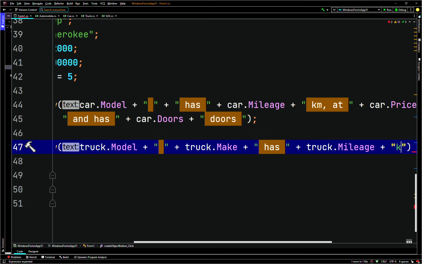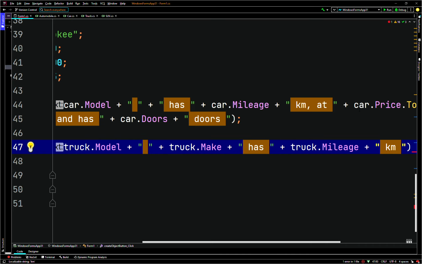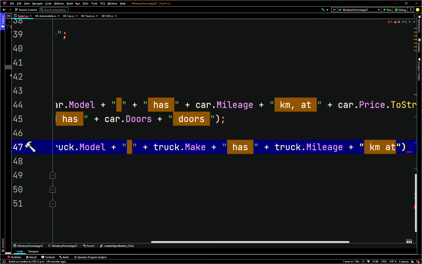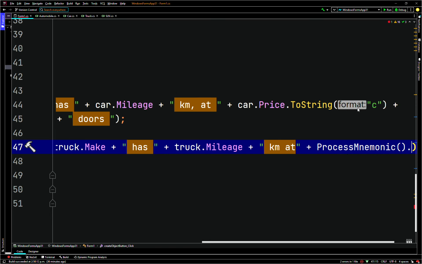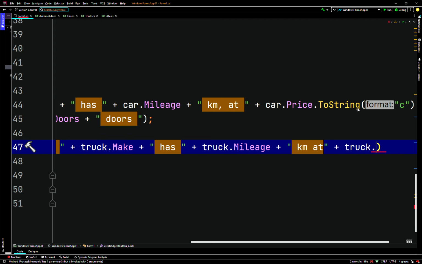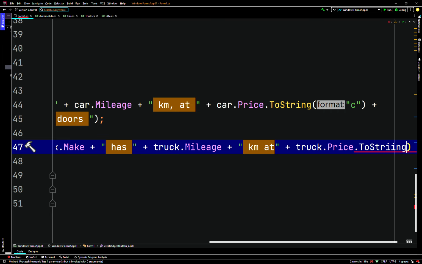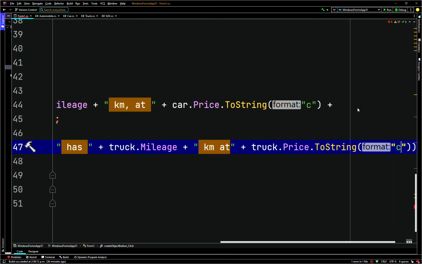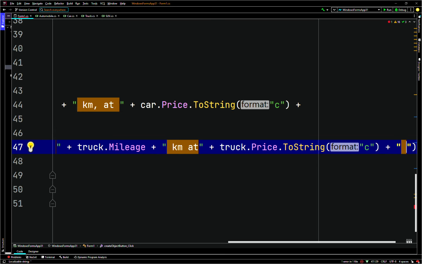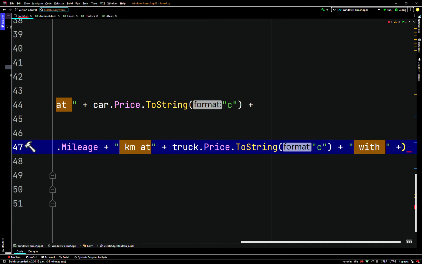Okay, so km in a string, and we can just add a space like that. And we'll say at, close the string, plus truck.Price, the price property, .ToString, passing in the C as a currency formatter, plus another string, with, space, plus truck.Drive,